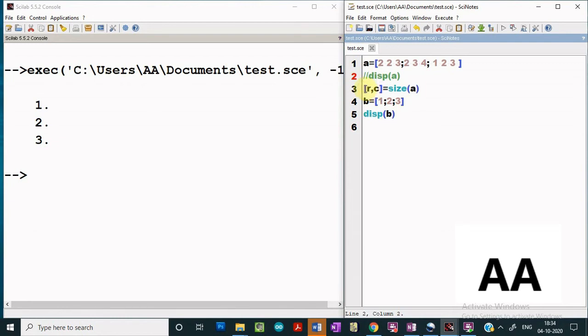Now suppose you wish to define a large matrix, say of the order 10 by 10. Defining it in this conventional way is very time consuming and it is not an efficient way. So we will learn about some more inbuilt functions of Scilab by which it can be done very easily. Suppose I define C equal to eye of 10 by 10. Let us see what we get as the output.